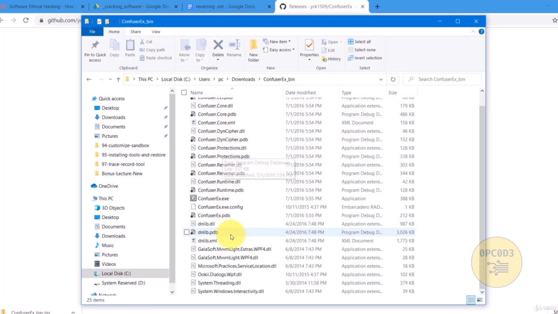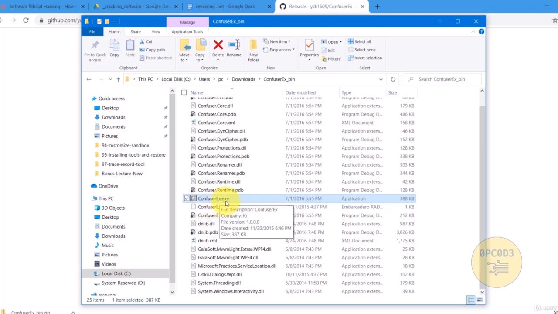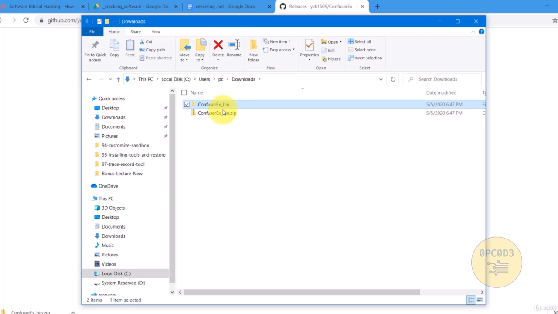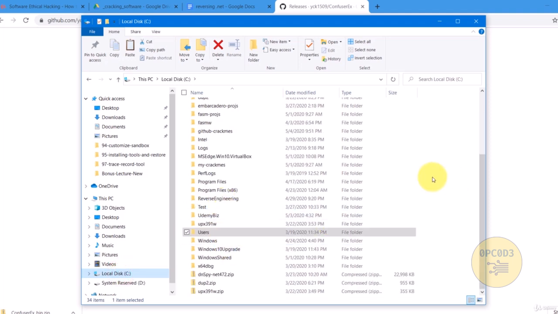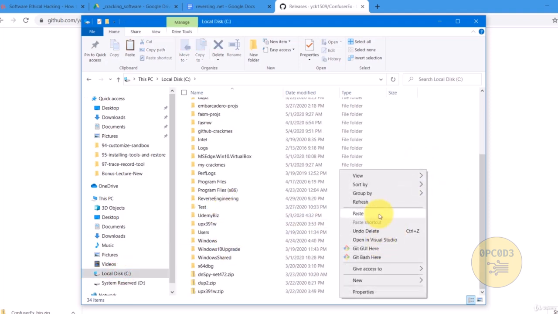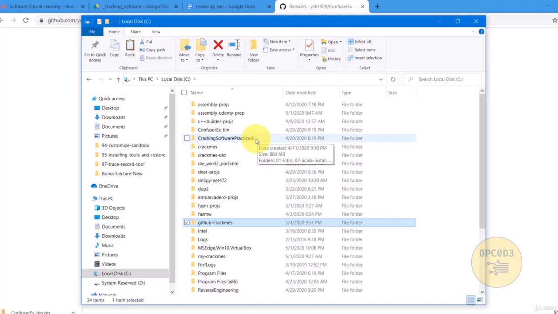And if you open it, you will see all your files here. And the one which you want to use is this exe file, ConfuserEX exe. After you unzip it, you can delete the zip file. And then you just cut this and then paste it in your C drive over here. Right click and paste. I've already pasted, and after pasting you should be able to see a new folder here,